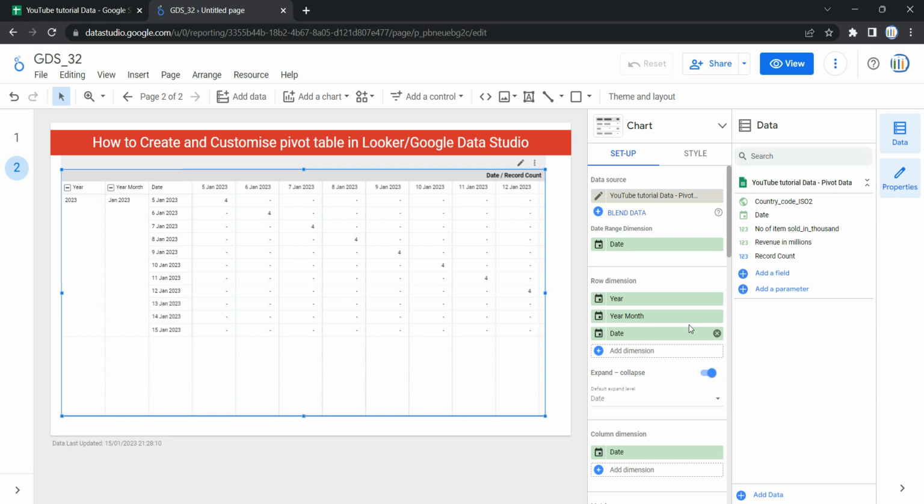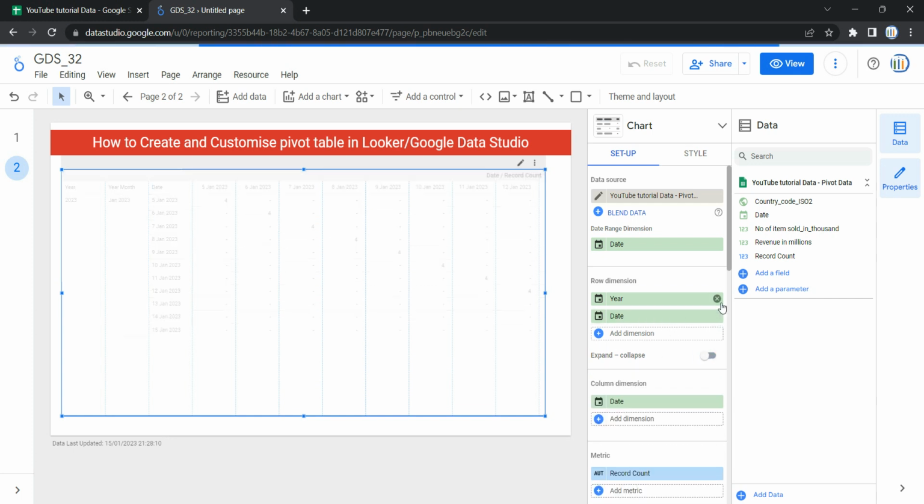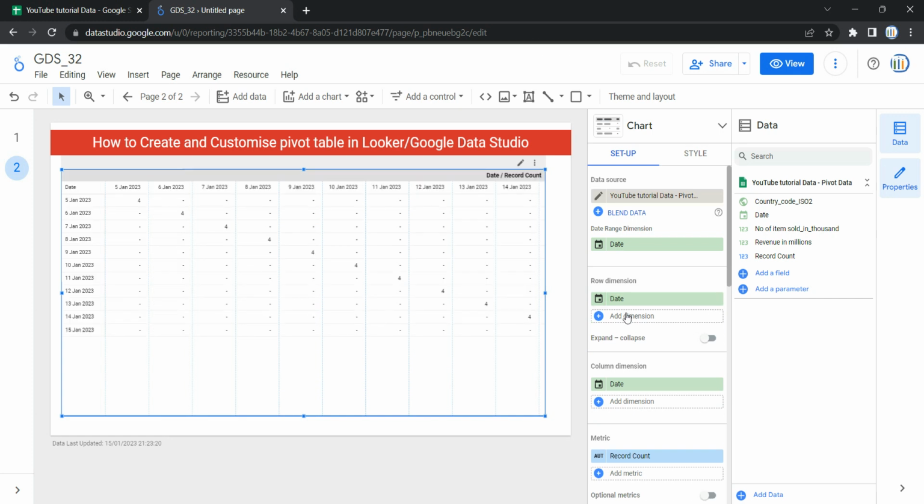produce a desirable result. But if you want to put a hierarchy something like this, that country and then you put a subcontinent, it will not work. You will not get a desired result. So whenever you're using this expand and collapse, you have to make sure that your defined hierarchies are in a proper way or in a correct way. For now, we'll turn this off and we'll remove this year, month and this year, and we'll keep only date